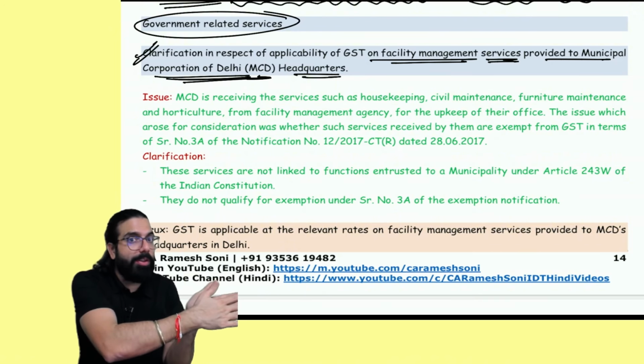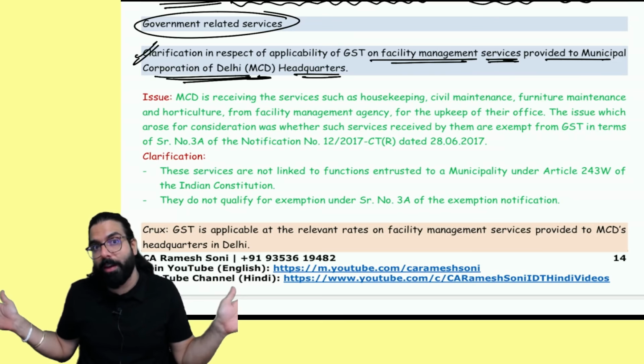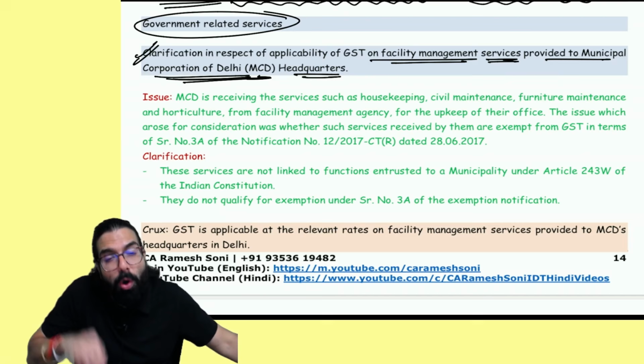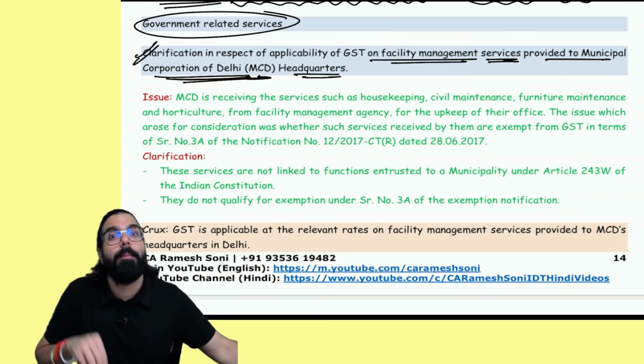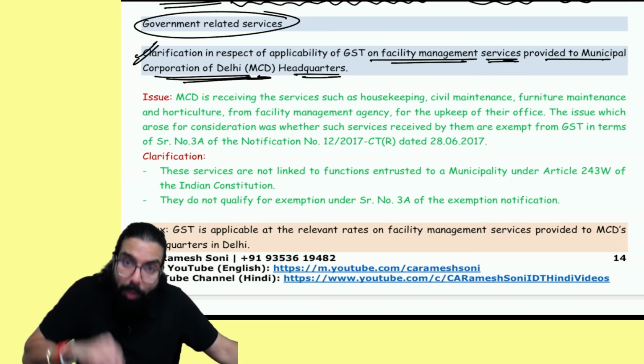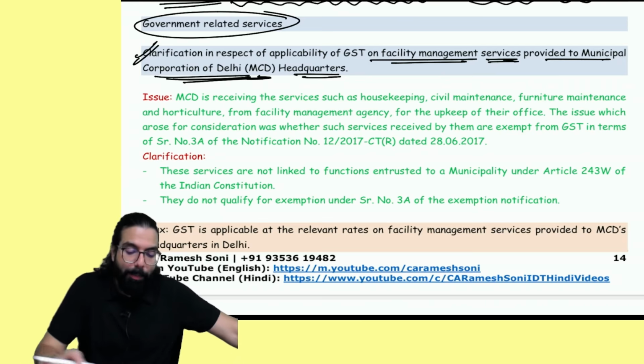See, to provide 243W services, if it is taking 243W services, it is exempt. But if it is taking facilities management services for its own building, to manage its own building, Municipal Corporation of Delhi is taking the facilities management service for maintaining its own building, whether it will be exempted. So the clarification was,